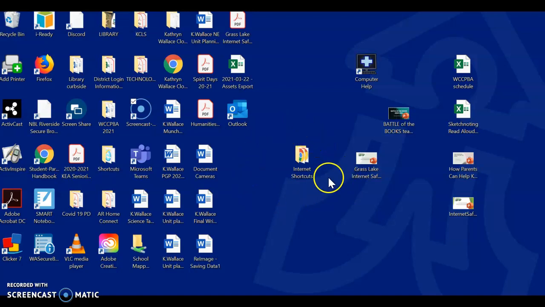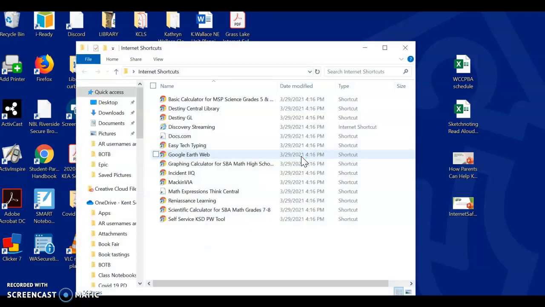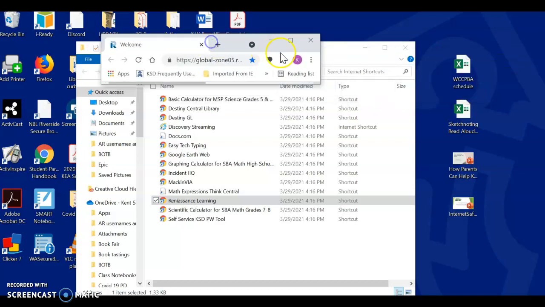Every student has a folder on their desktop called Internet Shortcuts. It has the little Google Chrome symbol sticking out of it. If you double click on it, and your students know how to do this, you'll double click on Renaissance Learning. That's the name of the company that provides us with Accelerated Reader, which is where we take AR quizzes and STAR tests. All they need to do is double click on that, and it will open up the AR website,